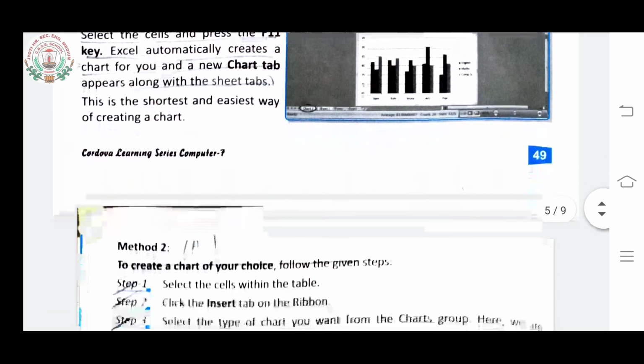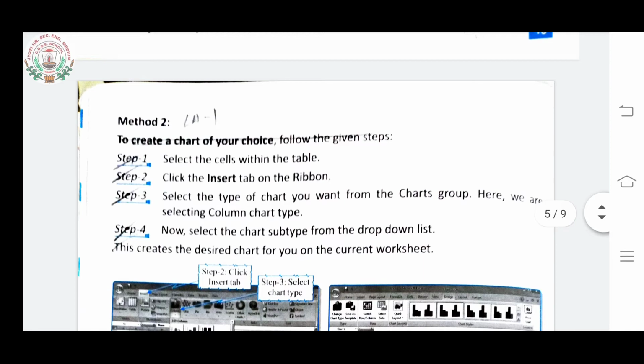Then the second method is to create a chart of your choice, which means whichever type of chart you want. Suppose you want a bar chart or a pie chart, so you can select the chart of your choice.